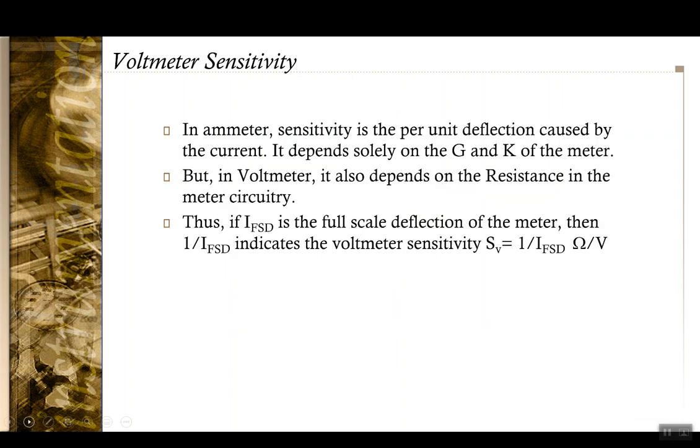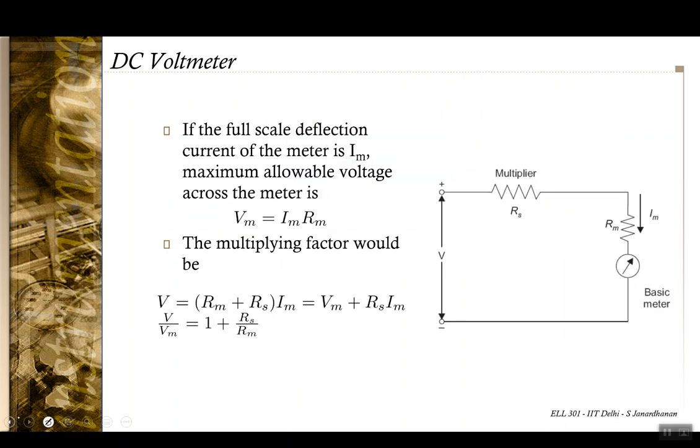Okay, now in the ammeter case, when we talked about the sensitivity of the meter, we saw that it depends only on the multiplying factor and the other factors like the meter constants G and K. However, in the case of the voltmeter, we see that the voltage across the meter, okay, if we go back, in case of an ammeter, the current through the meter, IM, was proportional to...